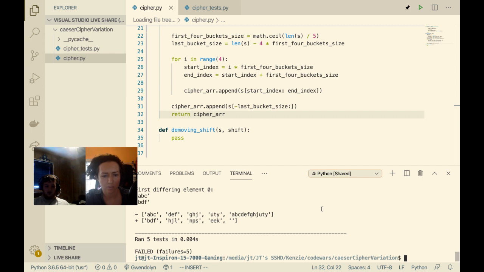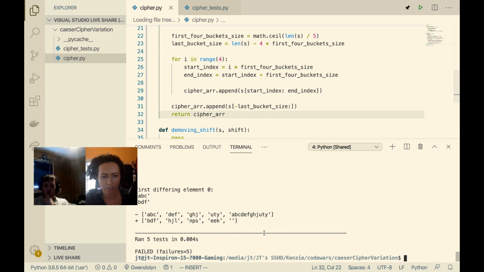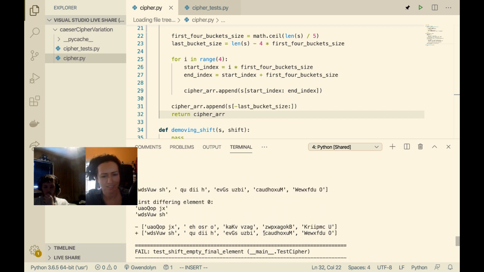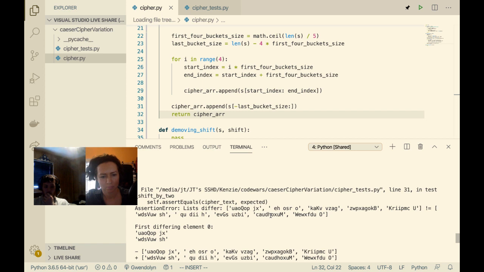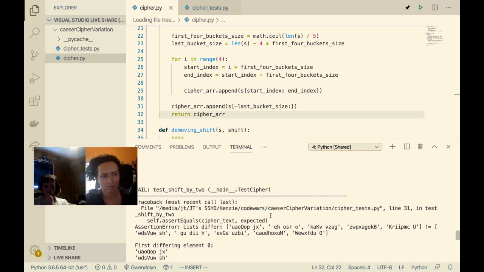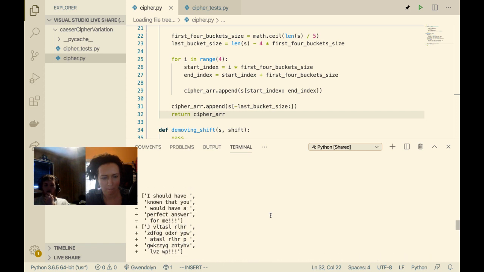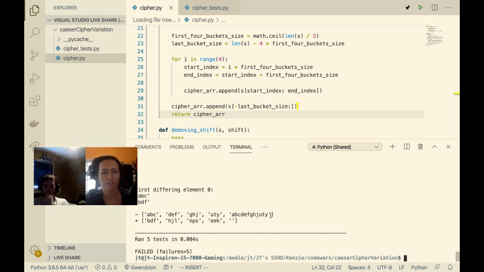Okay. So you look. Ran the tests. Yeah. We got 5 out of 5 failed. Which is interesting because, okay, there we go. So they differ. Okay, so it's not grabbing the shifted versions, right? Because if you look, the first one is what we returned, and the second one is what it expected.